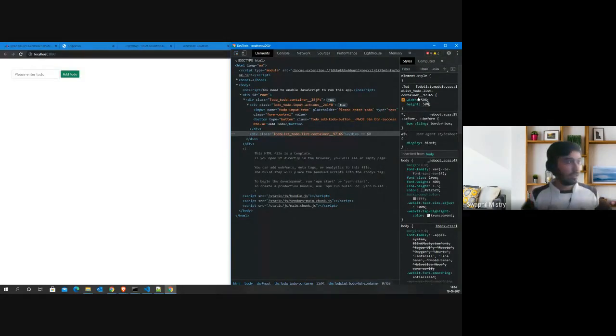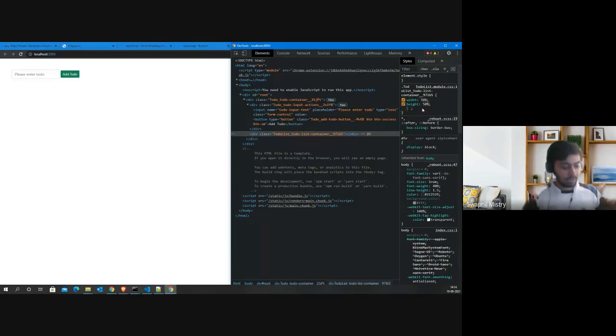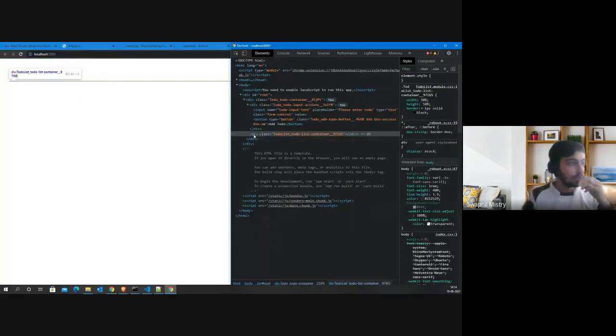Okay, just to make sure things are working, I will give a border color to see how much space it's occupying. So it's going to be 1px solid black. So this is the border which we are getting. Okay, sounds good.